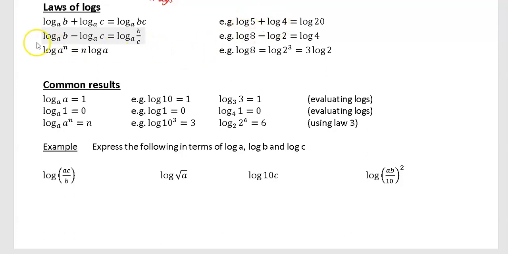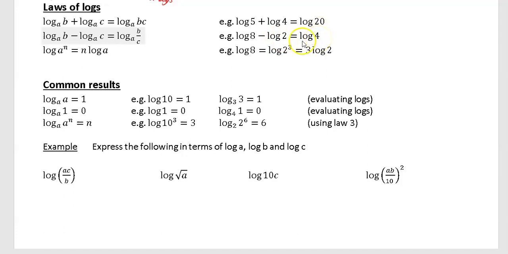Very similar, the second one is log to the base a of b minus, now this time, log to the base a of c, which is log to the base a of b over c. And again, if you had log of 8 minus log of 2, that's just log of 8 divided by 2,